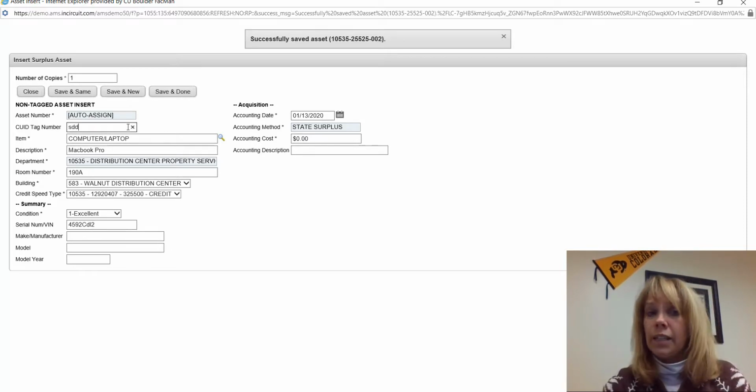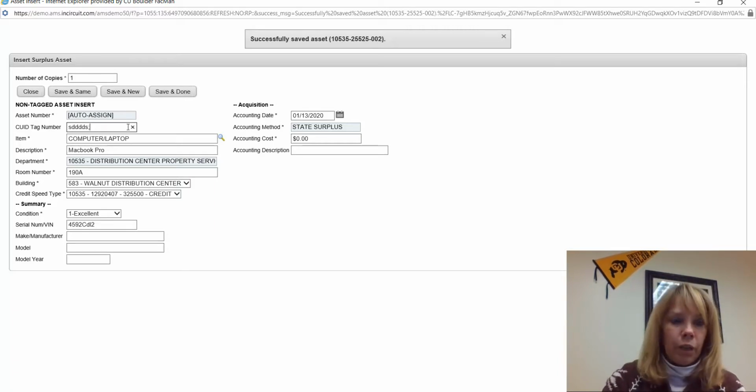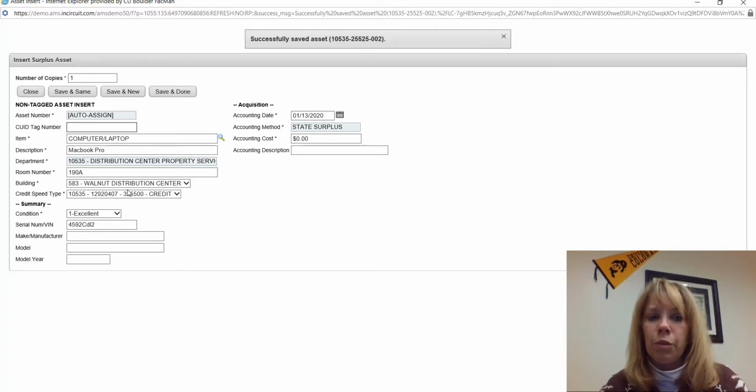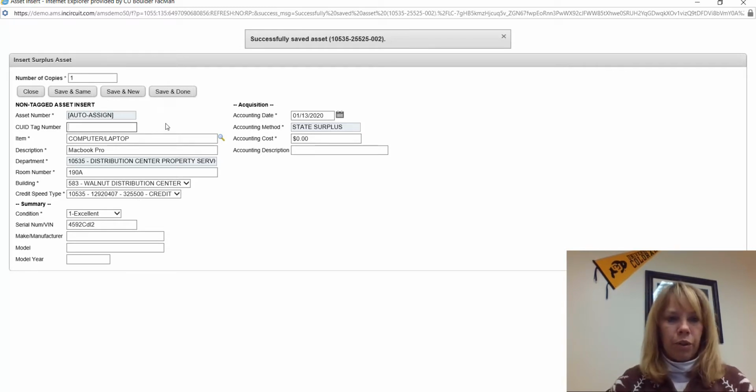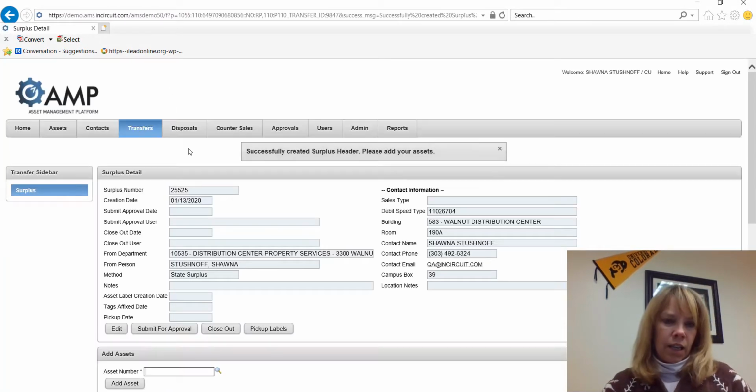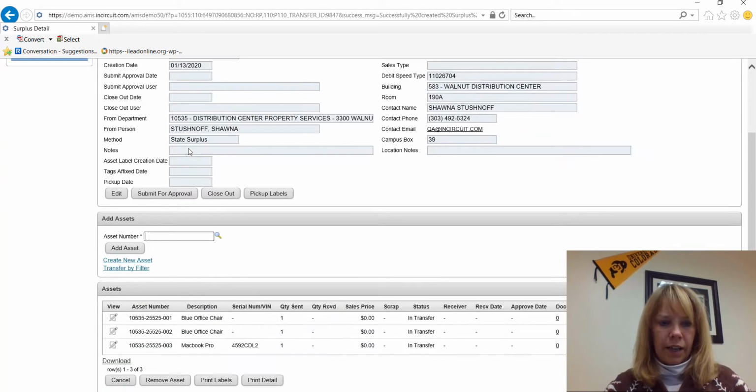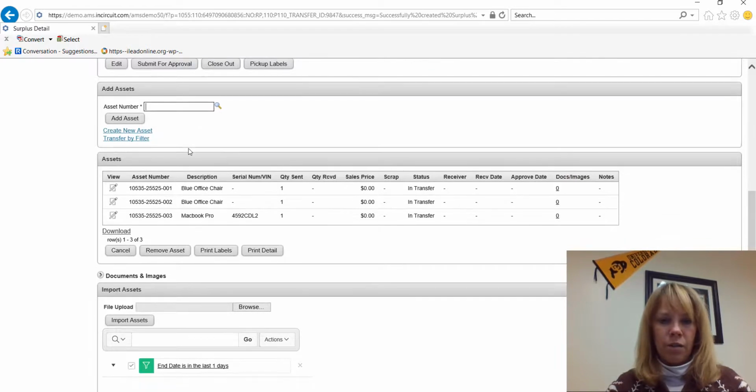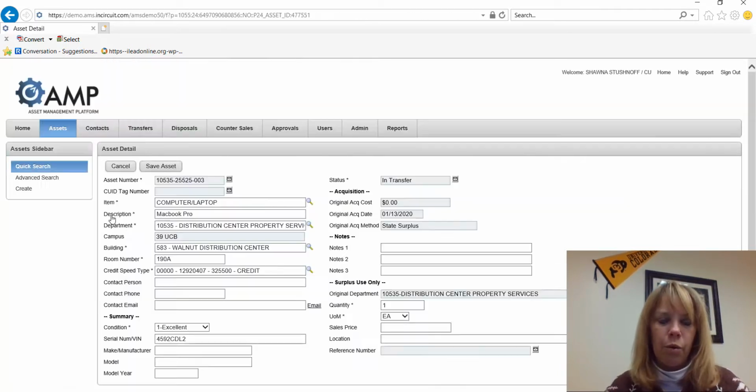And a CU tag ID number up here at the top would be important as well if we needed to make sure that they remove something from inventory for our department. So here's our computer. We're going to click Save and Done. And now we can see, if we scroll down, that we have 2 blue office chairs and a MacBook Pro. I want to click the paper and pencil here and go back into my MacBook Pro, into the asset itself,